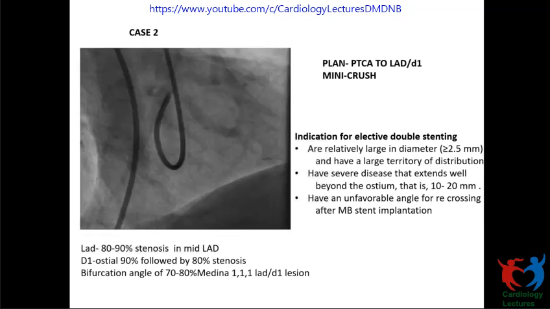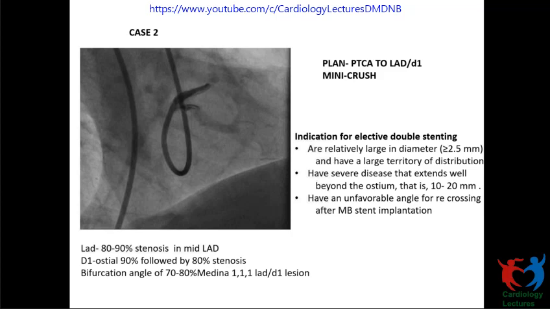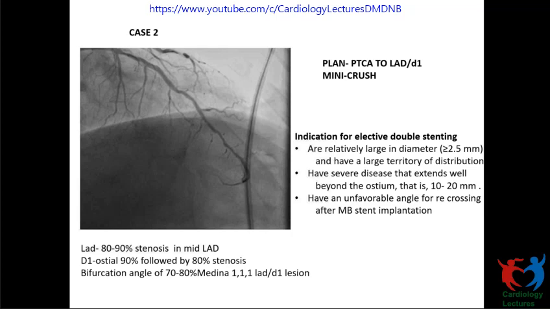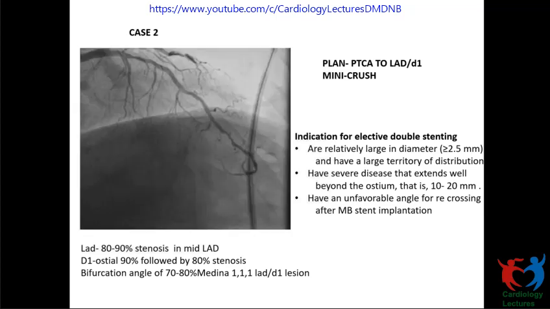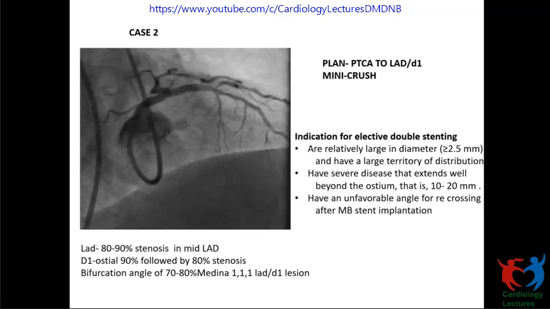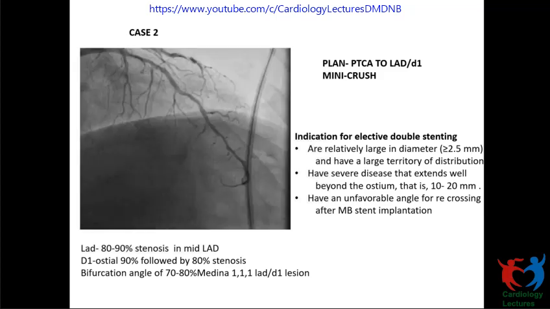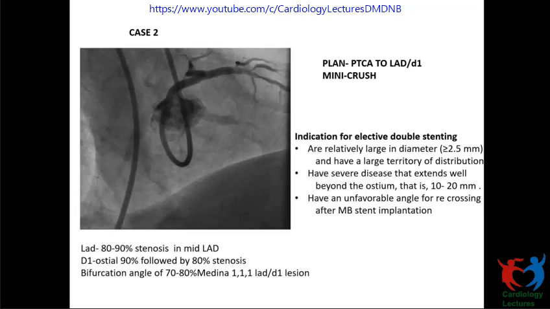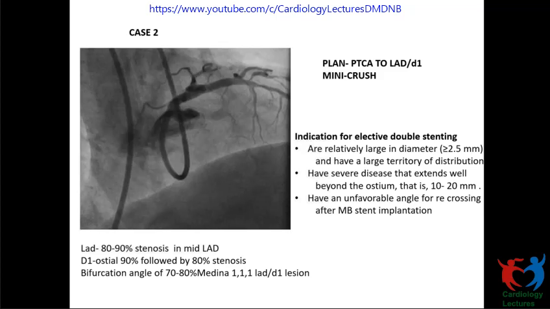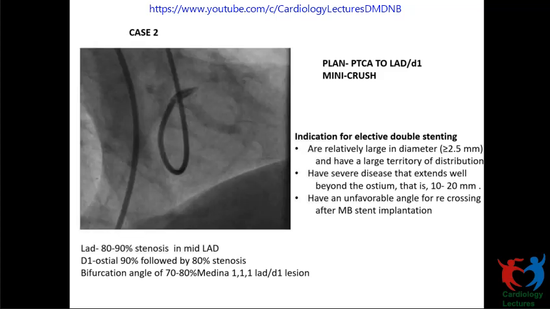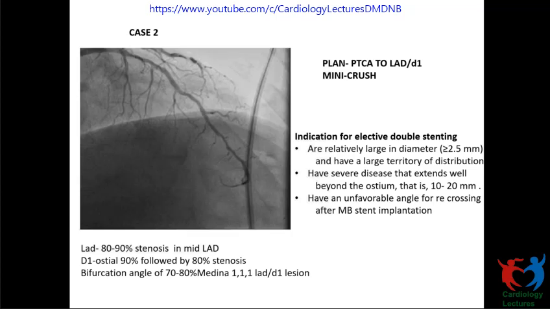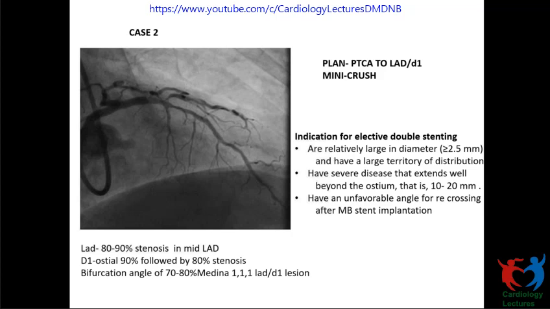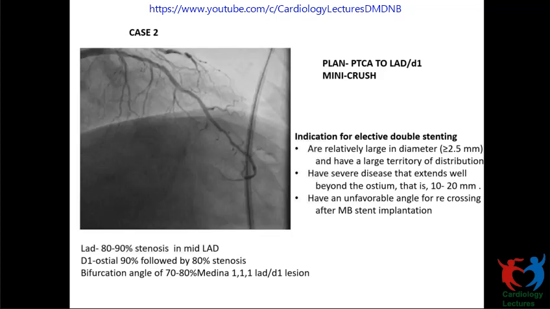And because it is the only big diagonal, I wanted to say how we score what is the likely chance of side branch occlusion. So there is a V-score system. If you see this diagonal, the ostium is diseased and there is disease distal to that. So that is one of the scores. If beyond an ostial lesion, a 10 millimeter length lesion is present in the side branch, then it is likely to have a V-score on the higher side. So the V-score is more than 12. I already mentioned this in the article. For this diagonal, by V-score it comes as definitely more than 12.